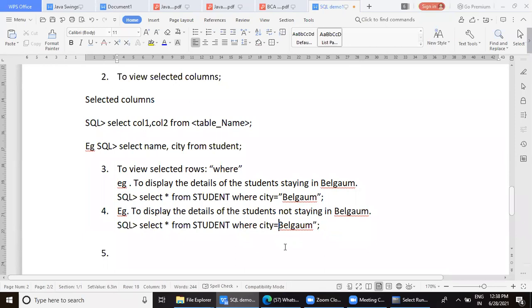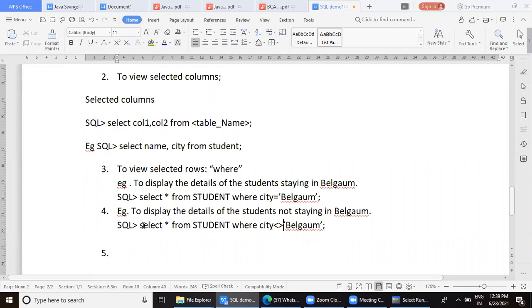Here instead of double quote, I have to use single quote. And again the single quote. Okay, I have to be careful in copying. Okay, where city equal to Belgaum, but now I want not. So this is not equal to.